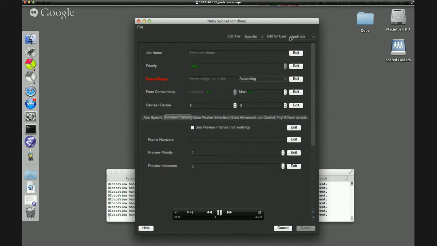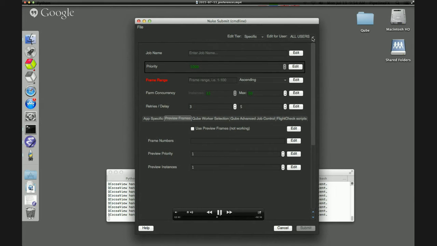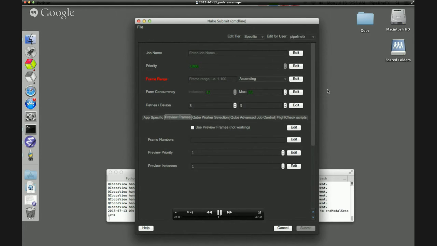If I'm an admin, I can also change values for myself, or I can change values for all users. If I am not an admin, I don't have the all users option, so I can only change those preferences for myself. You'll also notice that some of the parameters are grayed out. Their options, while green, which denotes that a preference has been set for this value, their UI is disabled, so I can't click on this or edit it. Those parameters have been mandated, which means that I can't change the value. Now, if I'm editing the Submission UI, especially if I'm editing as an admin, I may want to remove that mandate.